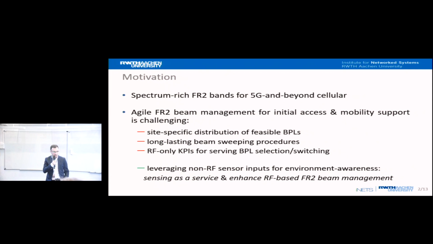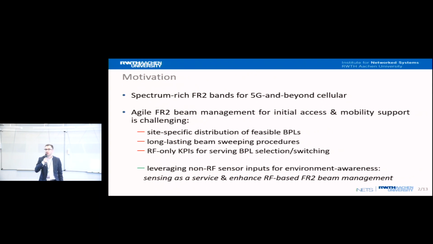So what we are trying to do here is go a bit beyond RF-only FR2 beam management and leverage non-RF sensor inputs for providing environment awareness. Basically shifting from reactive FR2 beam management, where we lose the link because it's blocked and then try to react and catch it, towards proactive beam management, which is environment aware, with the awareness provided by external sensor inputs, and then maybe moving towards joint communication and sensing as a much greater paradigm, because sensing as a service, right?